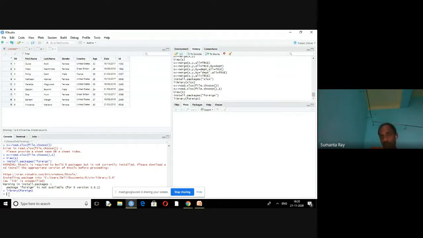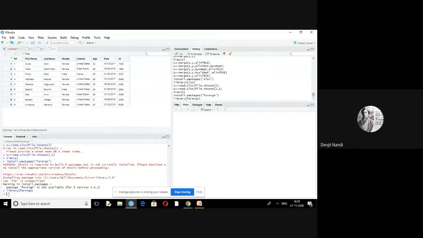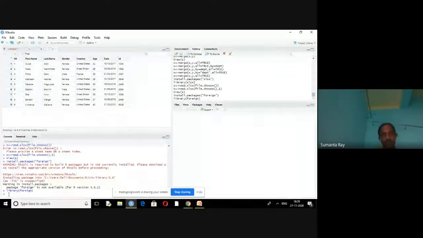All of you know one particular Excel workbook contains different sheets. Clear? If you have data in an Excel workbook with 10 worksheets and you want to display the 10th worksheet, then instead of 1, that will be 10. All of you know one particular workbook contains different worksheets. So 1 is the sheet number. That's why I have given 1.